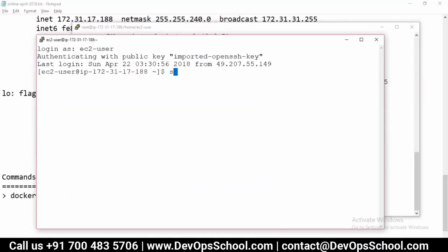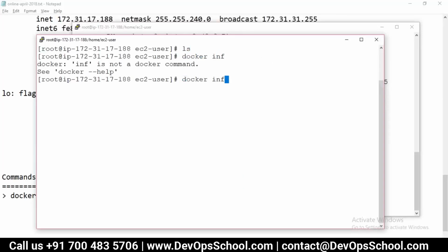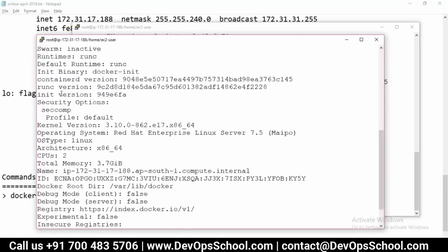I lost the console, so I've relogged in. So the first command you should run is docker info, and it will give you lots of information about your system,